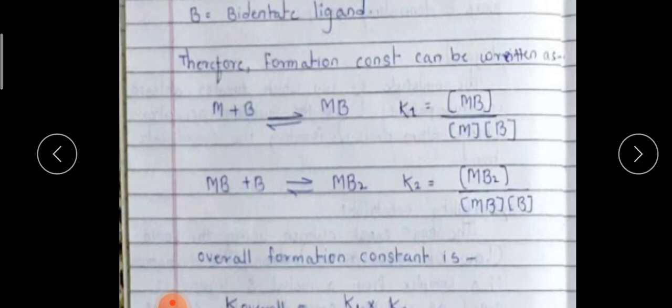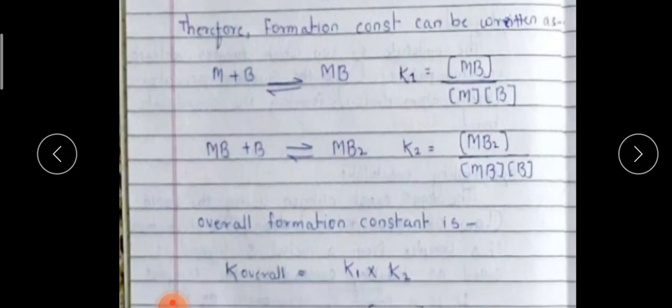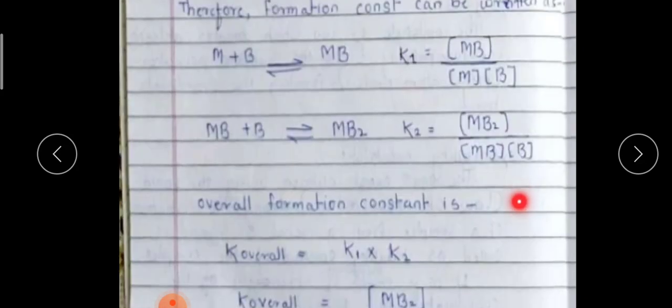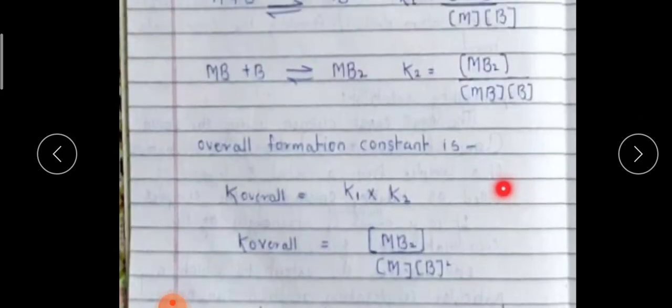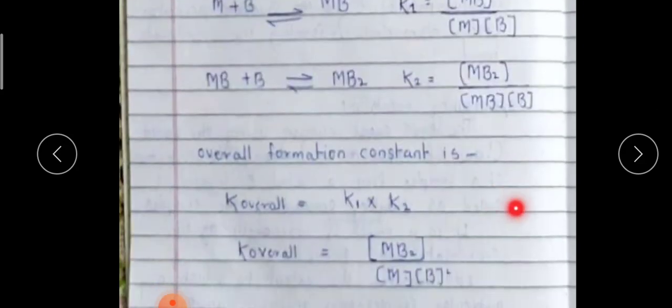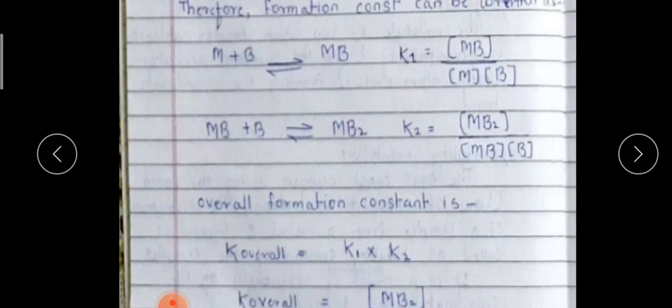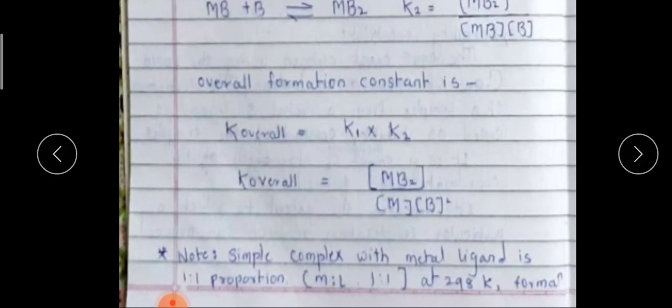For this purpose, K1 and K2 are the stability constants, which you can also call formation constants. The overall formation constant is K1 into K2, and it becomes a simple complex with metal to ligand in 1:1 proportion, that is ML, 1:1 at 298 Kelvin. Formation constant